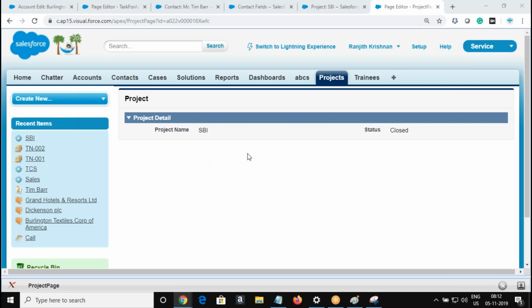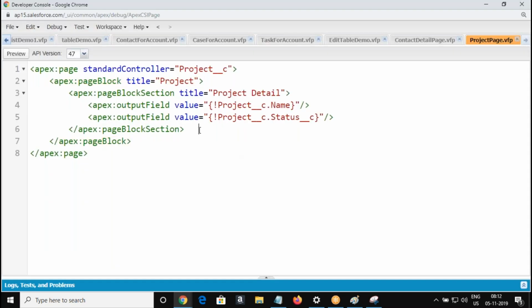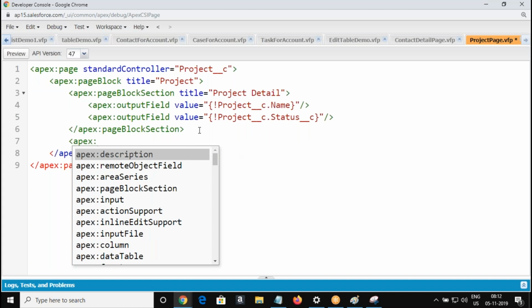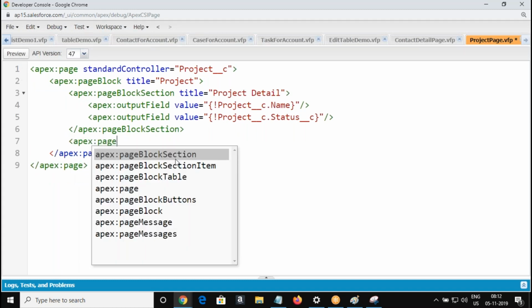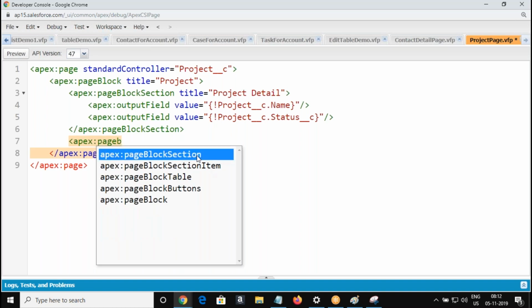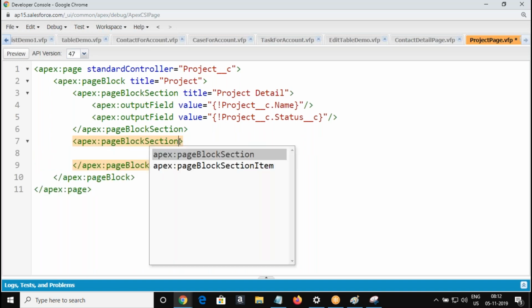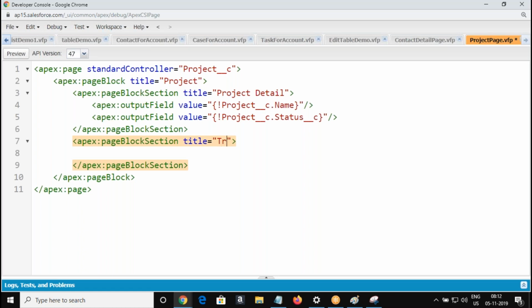In another section, I would like to display the trainees for that project. Page block section. So this is for your trainees. Trainees is more than one, right? It's a child we are referring to.